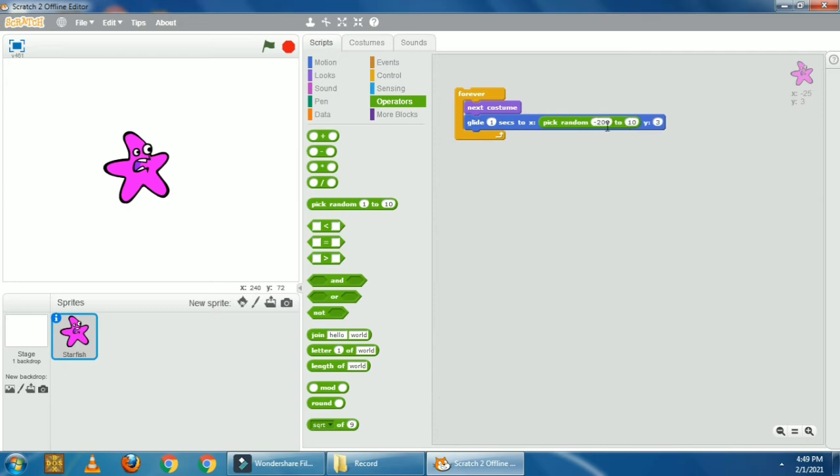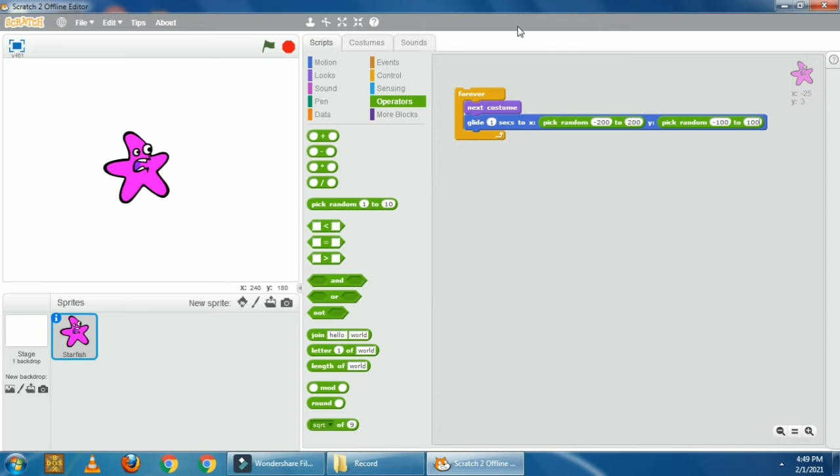Click on 10 and type here 200. Now we have to do the same for the y coordinate. So again take the pick random block, place it inside the y block and change the numbers. Click on 1 and change it to minus 100 and the other to 100. So the y coordinate will change from minus 100 to 100.